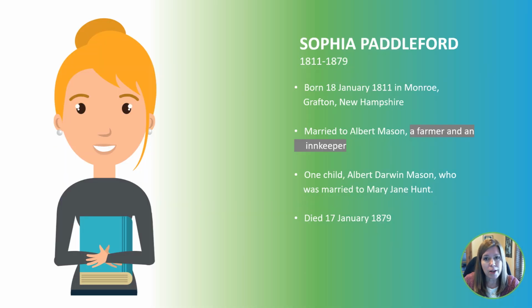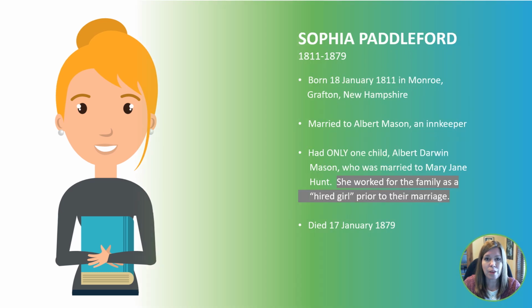We now know that her husband Albert was a farmer and an innkeeper, which explains why they always had different people living in their households on each census. We learned that Sophia's daughter-in-law lived with the family as a hired girl in 1860. Sophia's son Albert Darwin must have fallen in love with the hired girl as they were married 3 years later in 1863. As a side note, by finding and attaching additional records to Mary Jane, I have learned the names